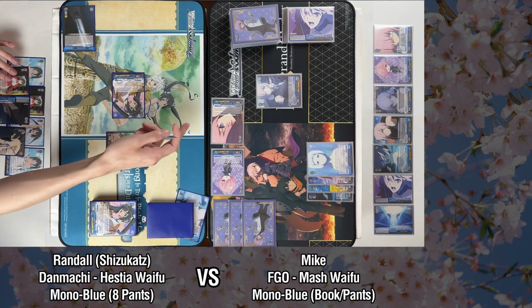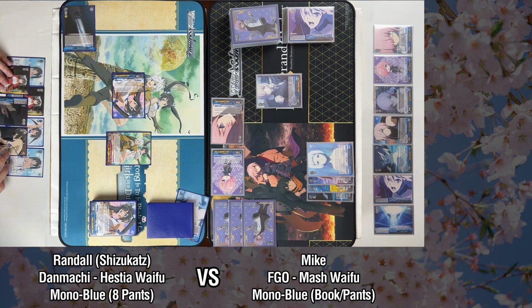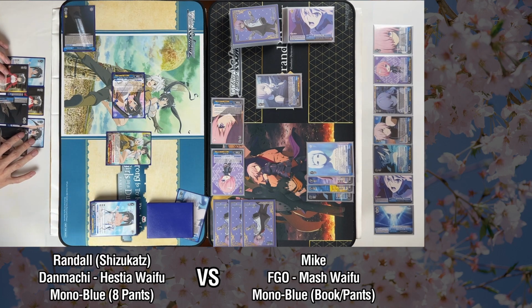Let's see, so this is 4-5-3... No, 4-5-4K? 4-5-4. That's kind of obnoxious. Let's discard a Hestia early play. And then...